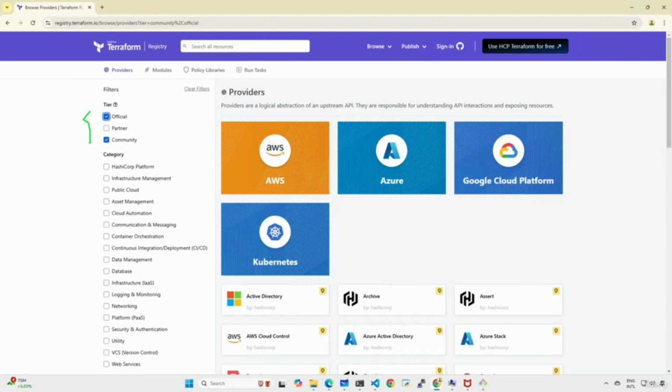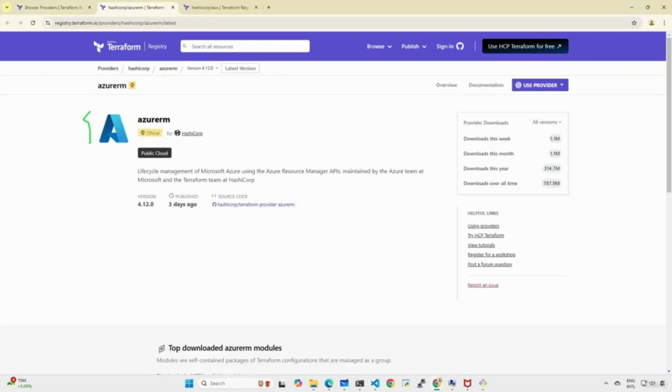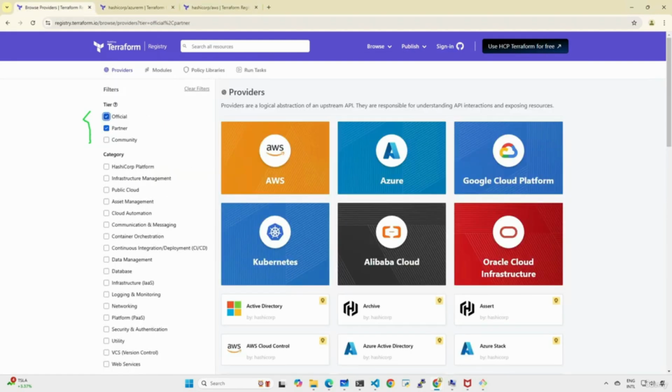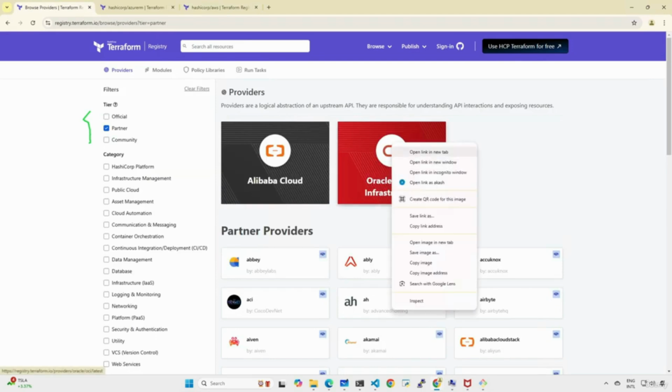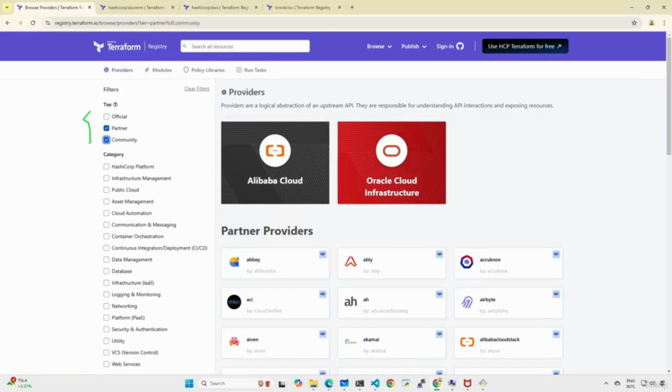So the second question comes: how are we going to use this provider? Let me open this one. If you see in AzureRM, at the right corner, it is mentioned "Use provider". In AWS also, it is mentioned the same thing. If you are going to check any partner based providers, or I would say